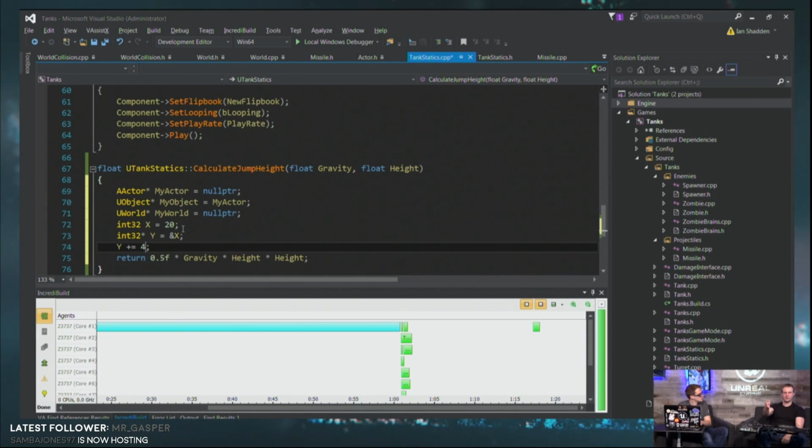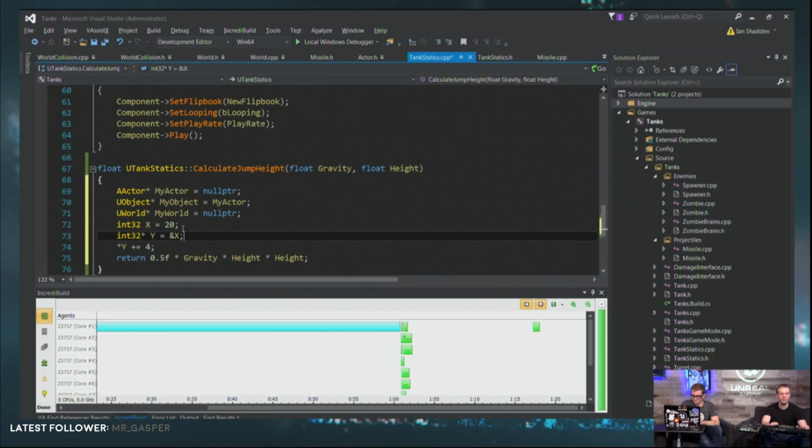So y equals whatever the 4 bytes right after x were in memory. That could be complete garbage. I have no idea what that is. Don't do that. If I do this, I'm saying the thing pointed to by y increases by 4. The thing pointed to by y is this memory location where x is. So next time I ask what x is, x will now be 24.